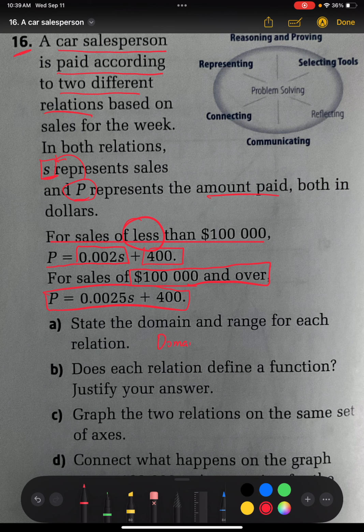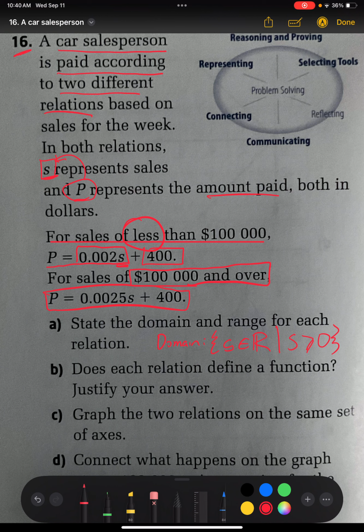The domain is for the independent variable, S. So what can it be? Well, sales S is an element of real numbers, really. And even though it's only to cents, that's fine. We'll say S is an element of real numbers such that S is greater than or equal to 0. That's a domain. And the range,